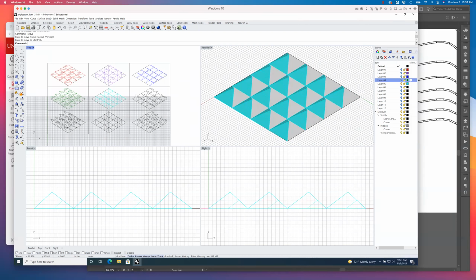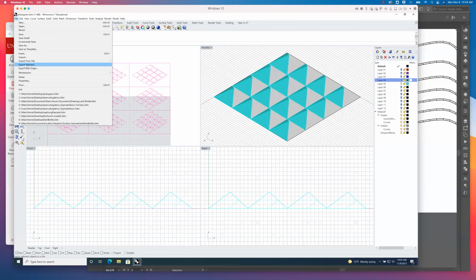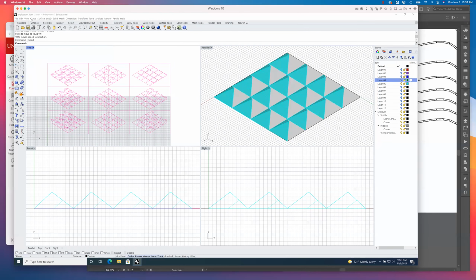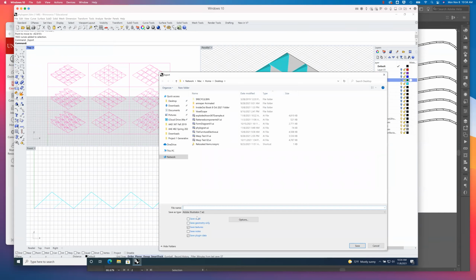Okay, and what's great about this is that it's already arranged in a grid. I can just right click, select it all and hit file, export selected. I can export this as an Illustrator file. So here I say I want to save as type AI, for Illustrator, save